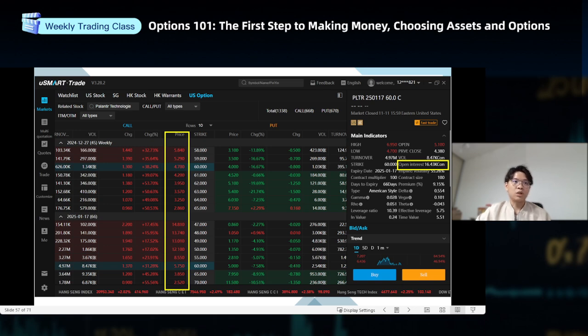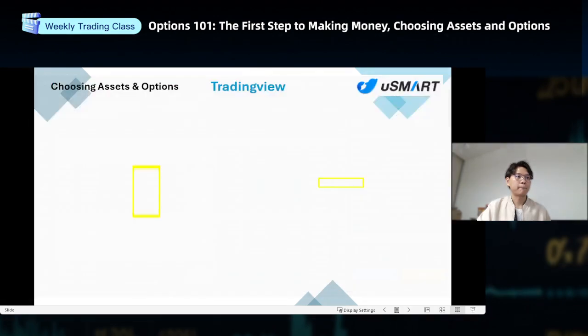And the time value, we already discussed it in the previous class, and it's up to your choice. If you have more money and you have access to higher liquidity, then you can go for the one that has a further expiration date. But in this case, since we are the beginner class, we need to start small and slow. So we are just going to focus on the one that is going to expire in 45 days because it is much cheaper. Okay,